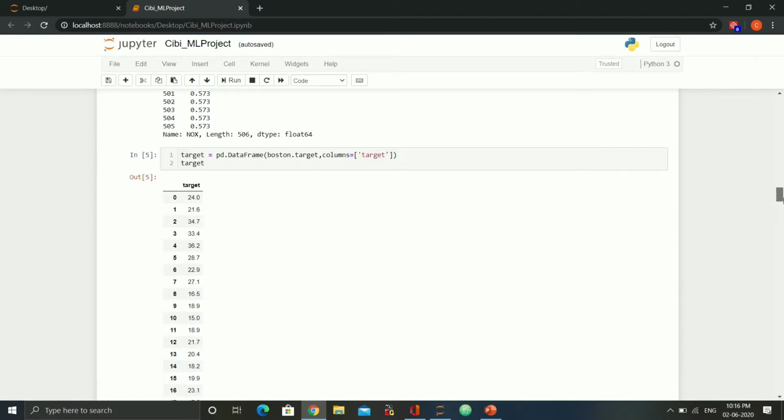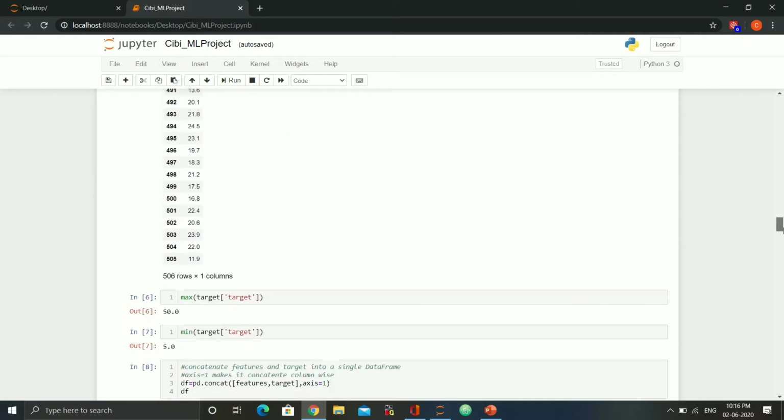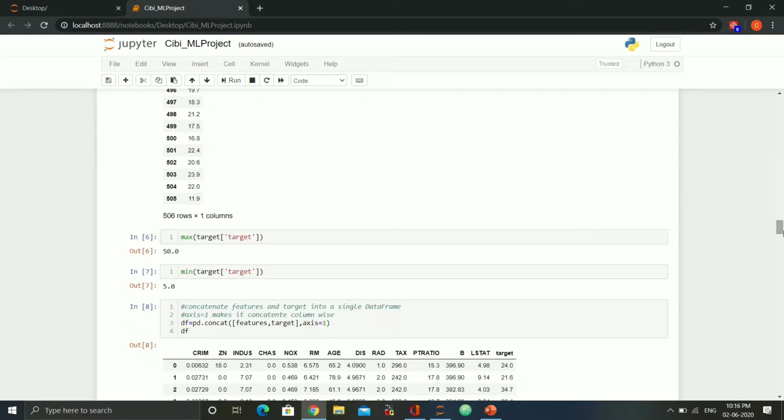When we print it, we get the column of targets. We can also use max and min functions to print the maximum and minimum. The max function returns the maximum of a given set of values, and the min function returns the minimum from a given set of values.